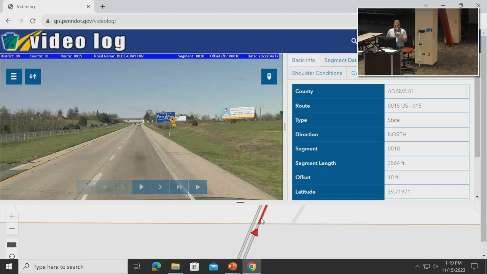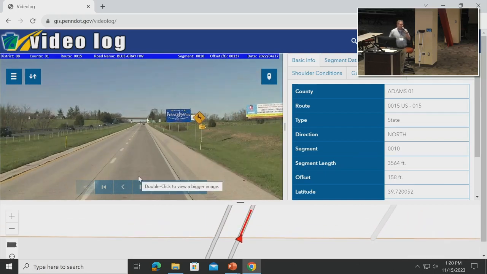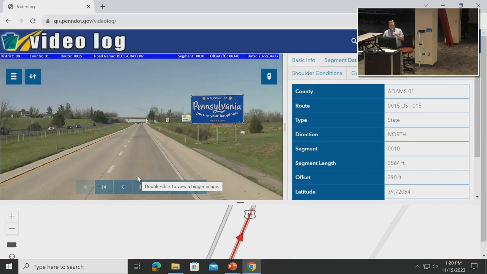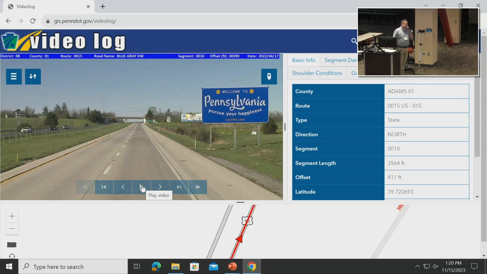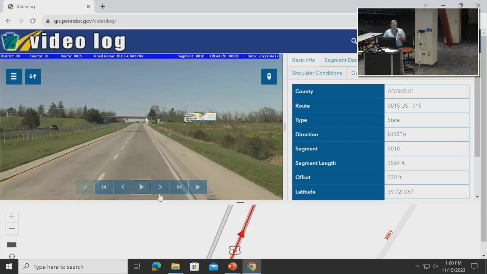So once we get in here, you pretty much have your DVD buttons for moving around in the videos. If I just hit the play button, it'll start to play, and we'll be moving down the road. I'll show you in a second, you can set the speed and all of that. These keys are also associated right to the keyboard, so you don't have to use your mouse all the time. Space bar will get it to stop and start. The right and left arrows right next to that are frame forward and reverse. So if you hit it on the keyboard, you'll go up a frame at a time, or you can go backwards.